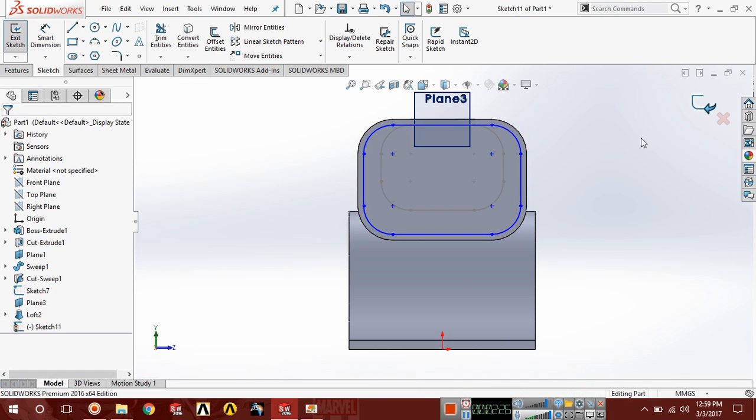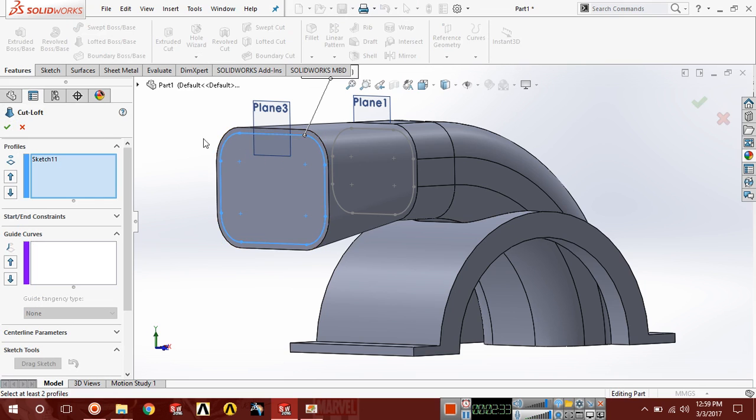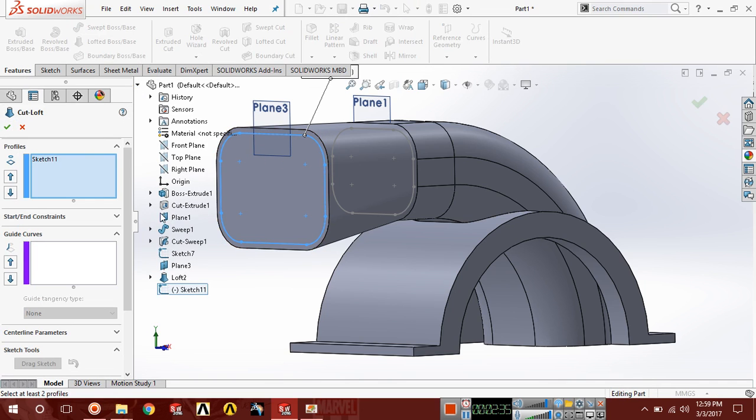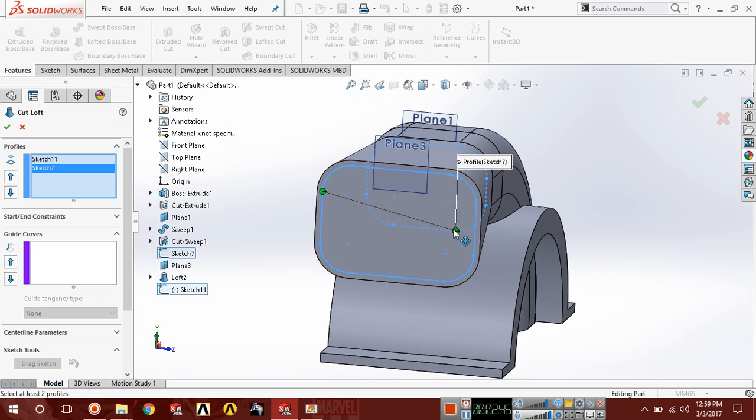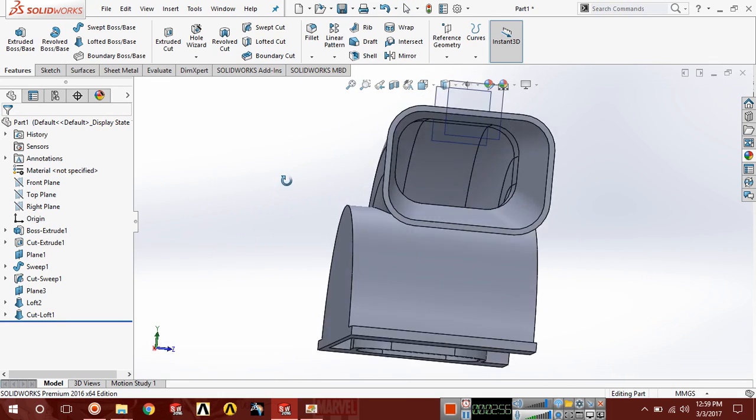Now exit sketch, go to lofted cut, sketch 11 has been selected. Now select sketch number 6. Okay. And here choose a point like this and okay. You can see the lofted cut has been generated.